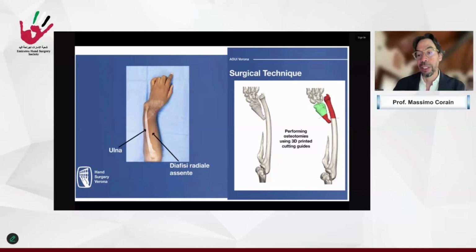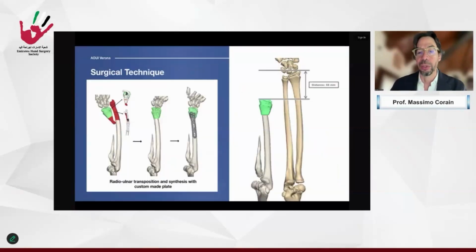in order to have an easy realignment, keeping the flexion extension wrist motion, without applying a lot of force to strike the soft tissues. So this is the planning of the transfer with a custom-made plate because the distal part is very small, and in this case I can have 4 screws, so a stable synthesis.